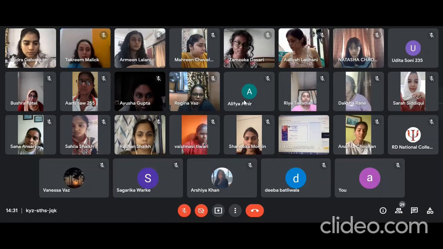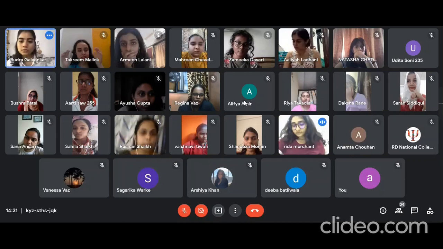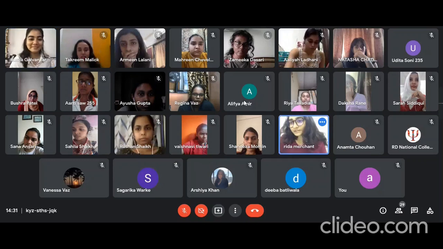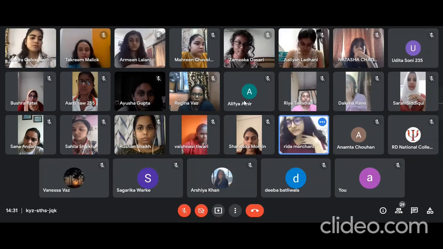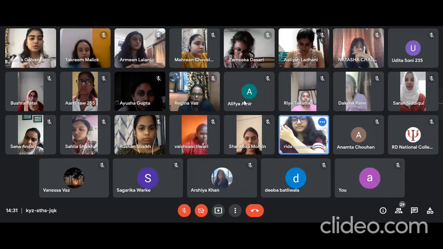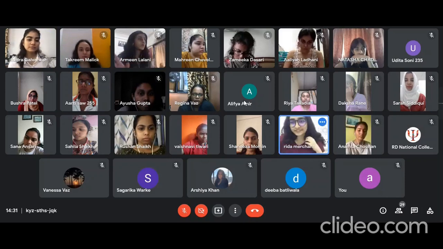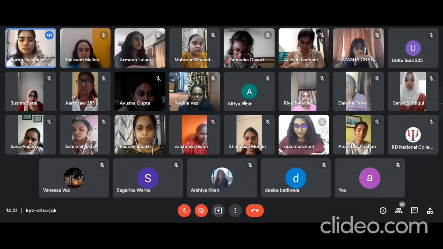Did you click on the photo when you were changing the setup, or did you click on the slide? I don't remember. Click on the slide, right? Yes, you have to click on the slide. I think you clicked on the photograph, which is why it is compressing the photograph. Mehreen, were you able to insert the image?